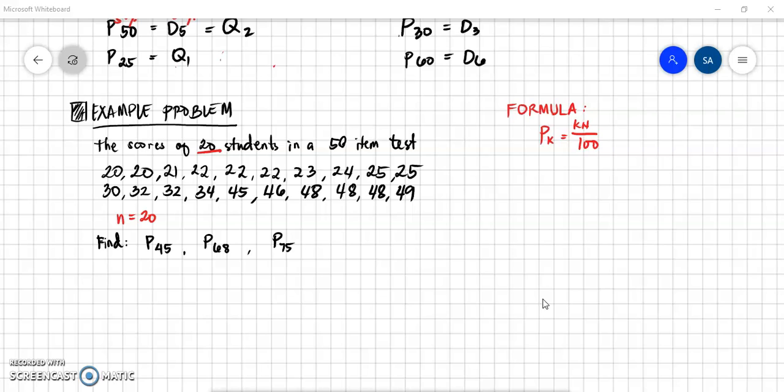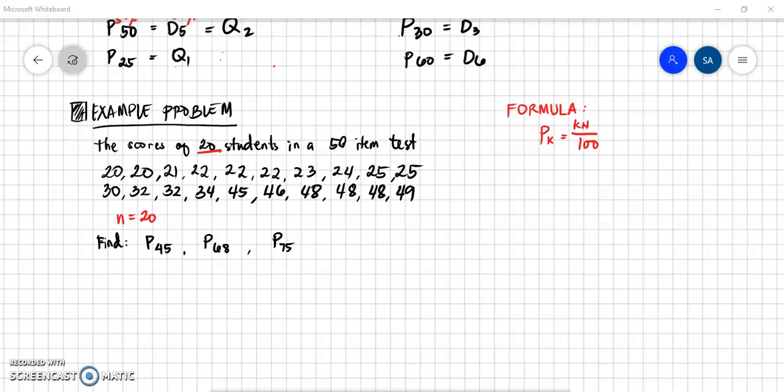Sa LET or licensure examination, percentile ranking ang ginagamit to identify the top 10 of the board passers. Okay. So, let's say we want to find the top 45, the top 68, and the top 75 of the